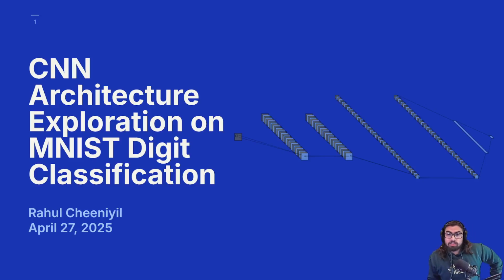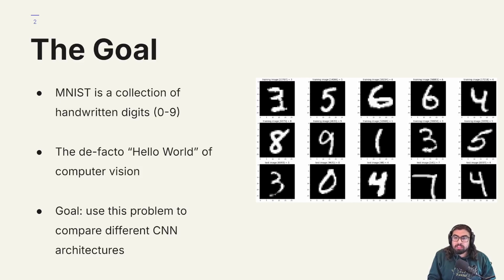Hey there. Today I'm going to be talking about my project on exploring convolutional neural network architectures using the MNIST digit classification problem. The MNIST dataset is a collection of handwritten digits from 0 to 9. Training machine learning models to classify these digits is a de facto hello world of computer vision deep learning. So my goal here is to use this well-understood framework to run through a few CNN architectures and look through